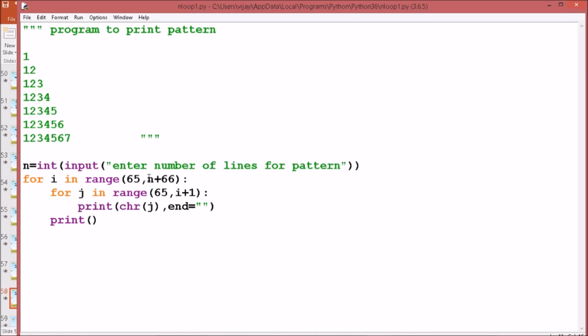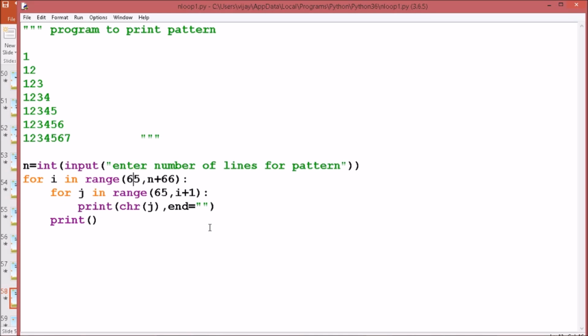Because line number 65, then 65, 66, 67, 68, 69, to get 69, I need to add 4 to 65, and so forth. And for j, I have to change the range. I have to start with 65 until, if it is line number 65, I have to go till 65. In line number 66, I have to go till 66. So this will be the same.